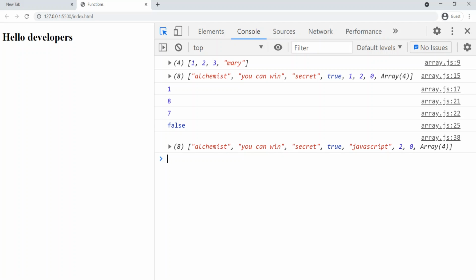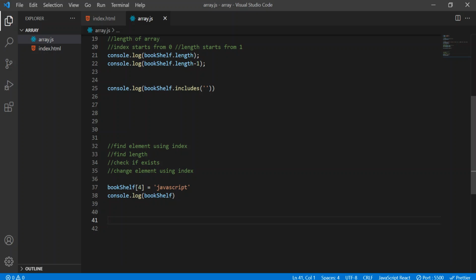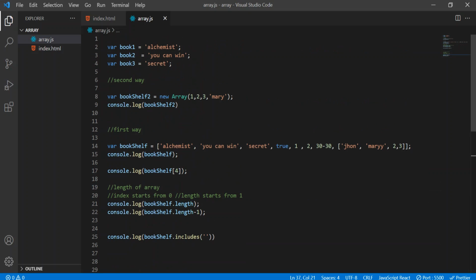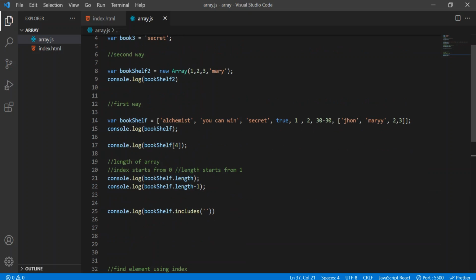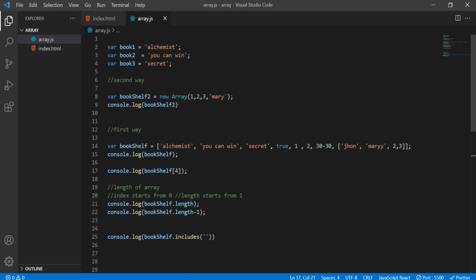So that is nothing but dynamically we can add, or I mean we can change, using the index new elements. That process is called mutation of array, friends. This process is called mutation of array, and by this I think you have understood the concept of arrays. In the next video we will see some basic operations and some important methods that are used on arrays.